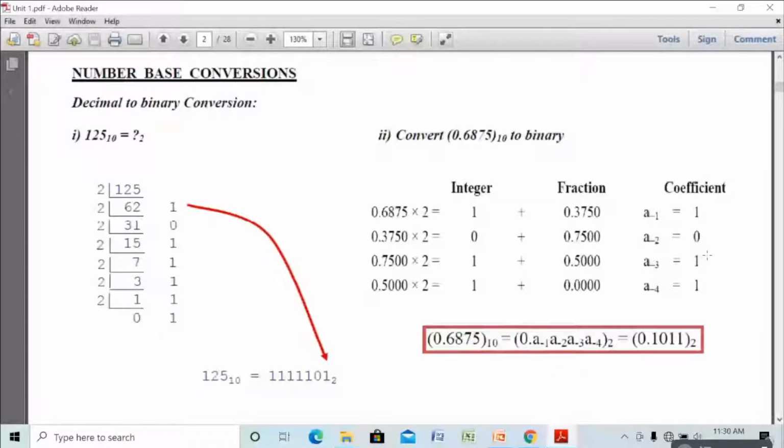This is the answer. So here in the fourth step, we get the answer as only a whole number, that is 1.000. In some problems, the 1 may not come. So you can stop at the fourth step. So do one example. Convert 0.625 to binary and put it in the chat box.